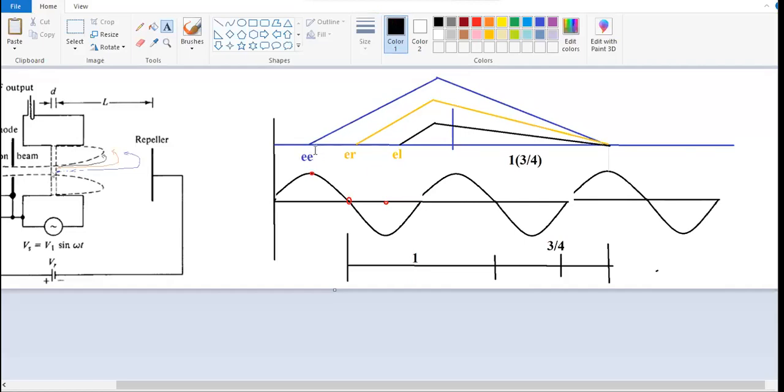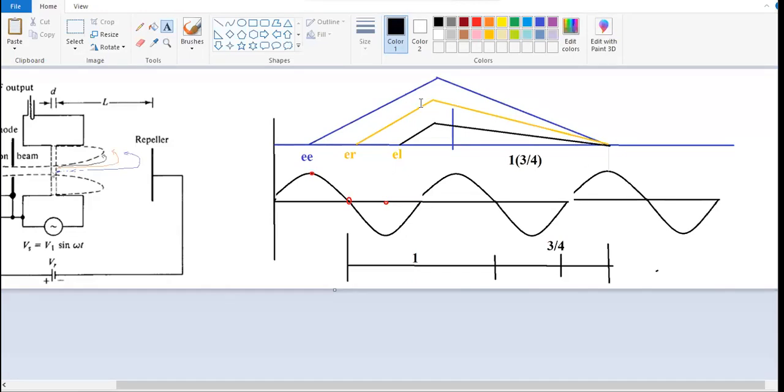So the early electron, the reference electron, and the late electron, the distance they travel. This is the positive half cycle. So they travel more and have more velocity. This is the reference, moderate. This is the late, so traveling less distance. So on the distance scale also, you can observe the same thing here. This is called the Applegate diagram. This is required in the exam.